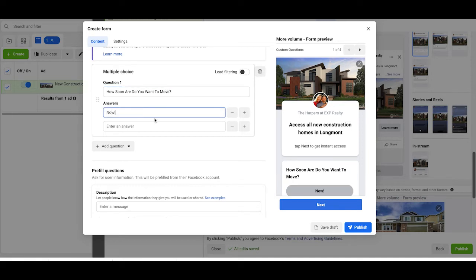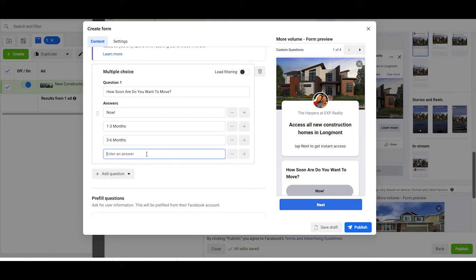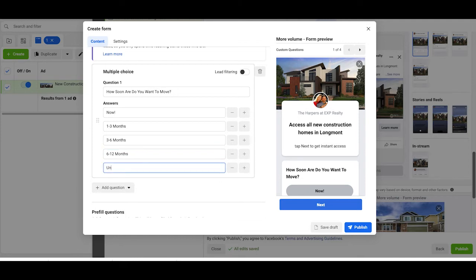Now. 1 to 3 months. 3 to 6 months. And 6 to 12 months. Great. Or unsure. So the reason why we want to have this question in here is because it just creates